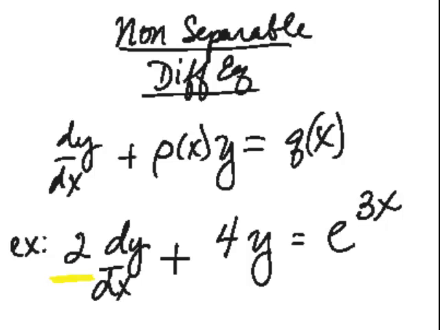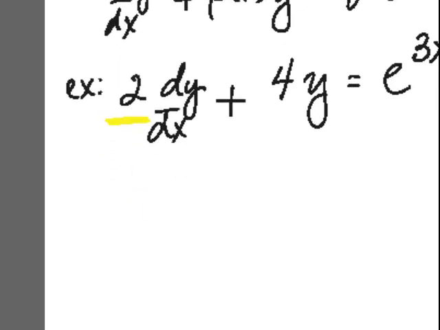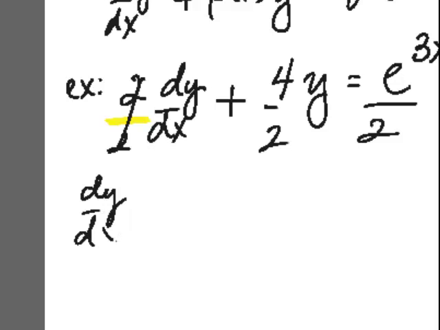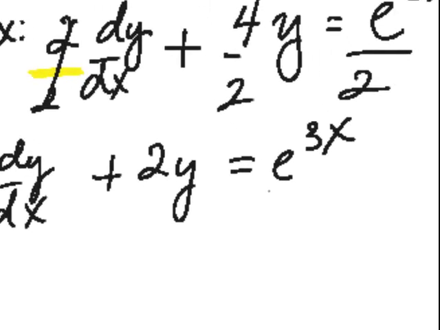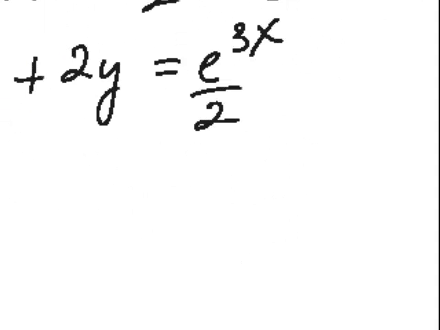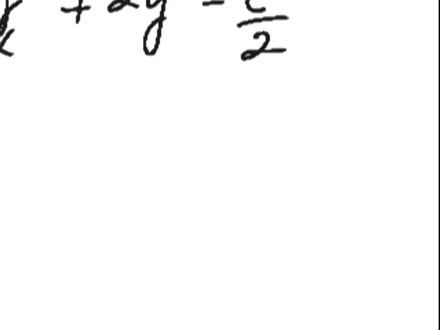Okay. So first off, you should notice that there's a 2 right here that should not be there, so we're going to divide everybody by 2 or multiply the entire equation by a half, however you want to look at it. So I'm going to divide this one by 2. Of course they're going to cancel, 2 by 2. Okay. So my new equation then becomes dy dx plus 2y equals e to the 3x over 2, and